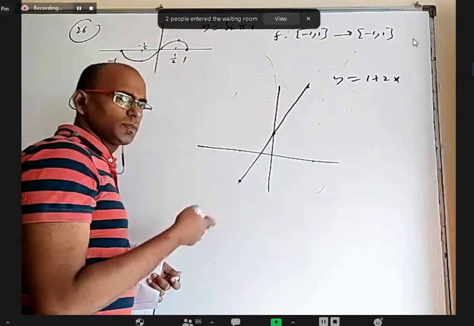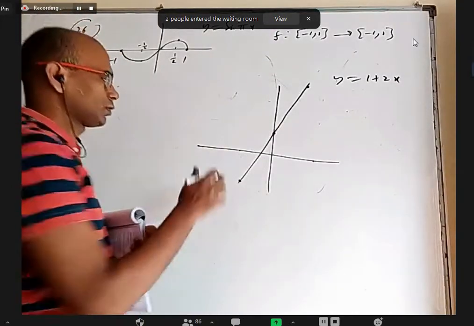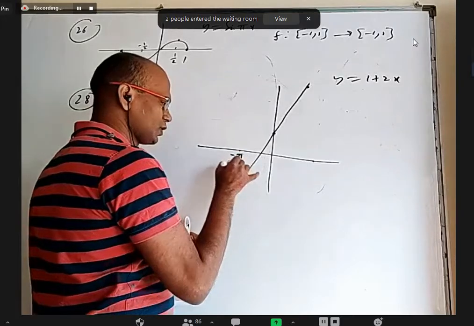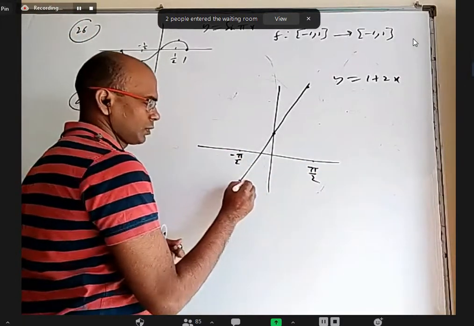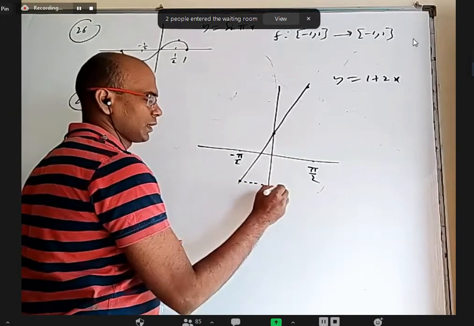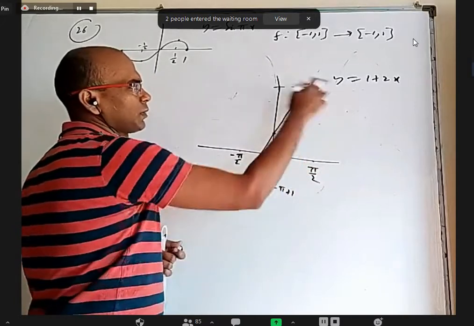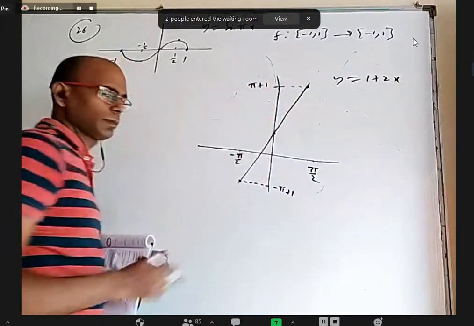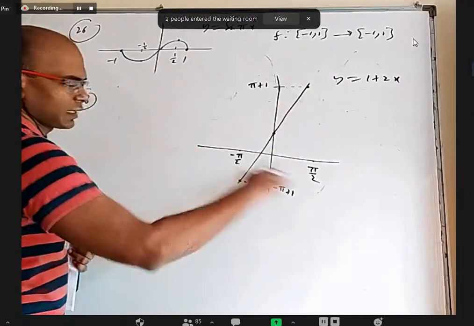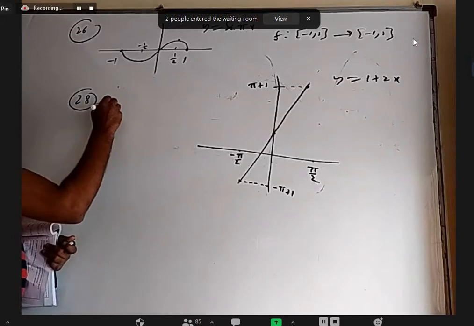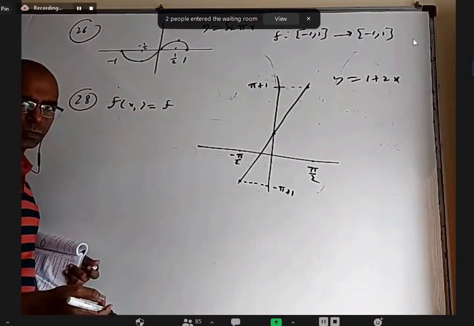If it is the full thing, it is both one-one and onto. If it is an unending line, domain is R, codomain is R, and it is one-one and onto. But right now, this is minus pi by 2, this is pi by 2. Okay. So the minimum value it will cover is minus pi plus 1. And the maximum value it will cover at pi by 2 is pi plus 1. So when you look at only from here to here, any horizontal line will cut only once. Or you can start with, how to prove. How to disprove is easy. You can always give an example that something is not one-one.